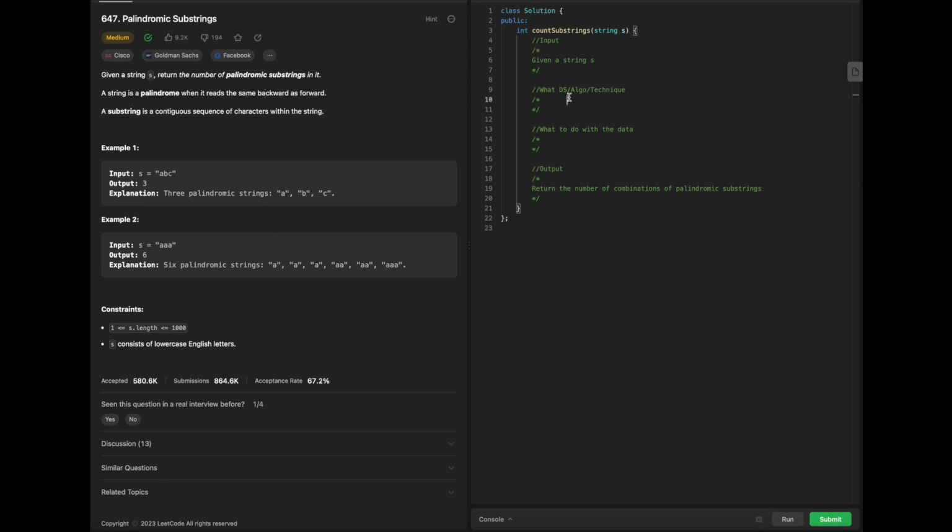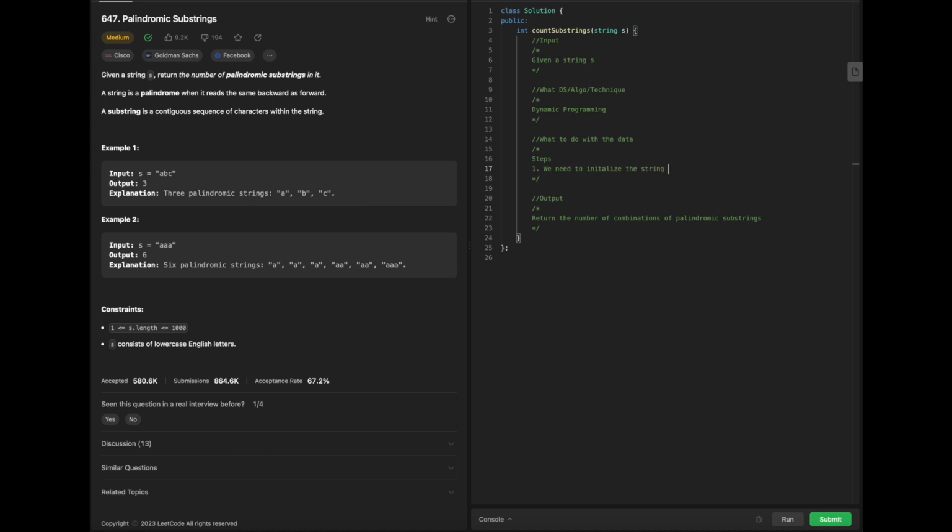Alright. For this type of palindrome problem, dynamic programming is a popular technique that we would use for our solution. I'm going to go further in depth into the steps of what we have to do. Breaking it down, the first thing we need to do is initialize